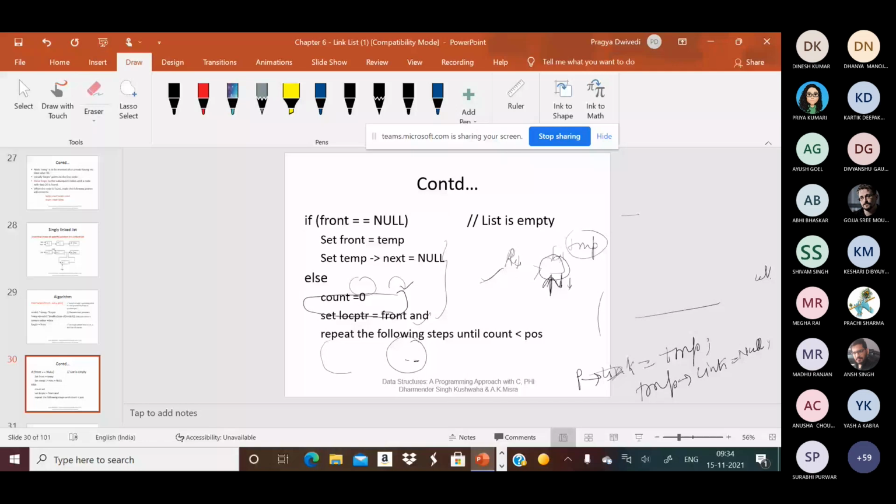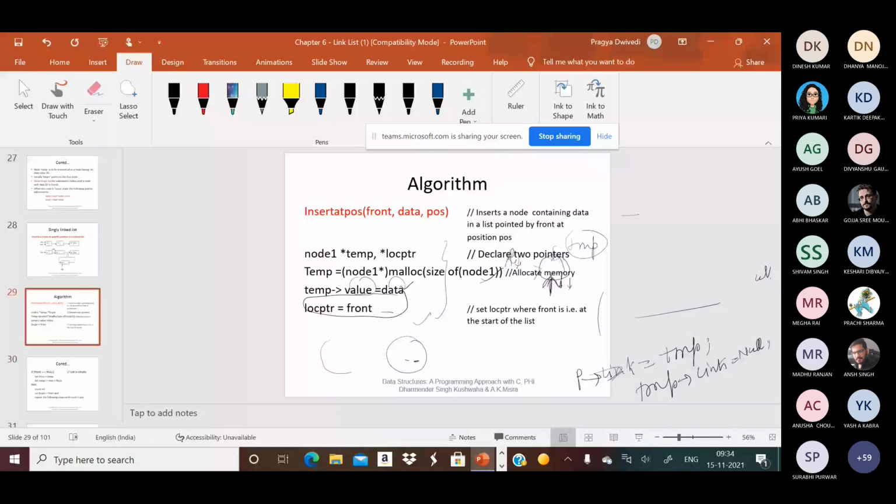Okay. So if you want to insert at a specific position, like a list like this, here is the start pointer, like A, B, C. These are the elements. Now you want to insert an element in between B and C. In between B and C, we want to insert the element that contains the value E.